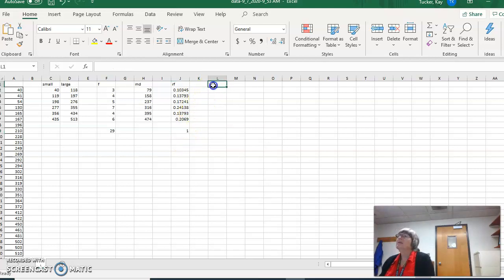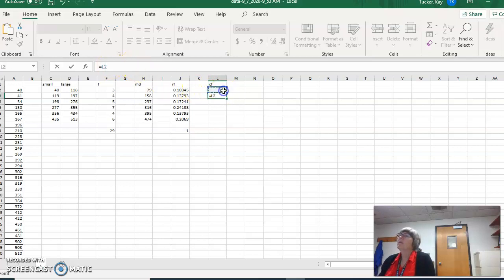Then the last thing it asks us to find is cumulative frequency. So the cumulative frequency, the first one would be 3. And then the next one would be 7. I add 4 to that. The next one I add 5. I get 11, etc. So again, that would be very quickly and easily done by hand, but you can get the computer to do it for you by going down here and telling it to